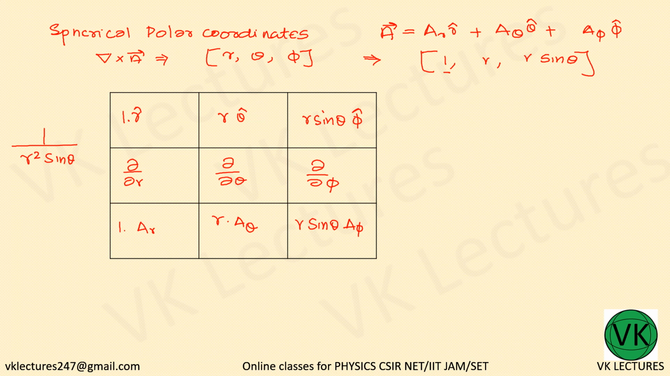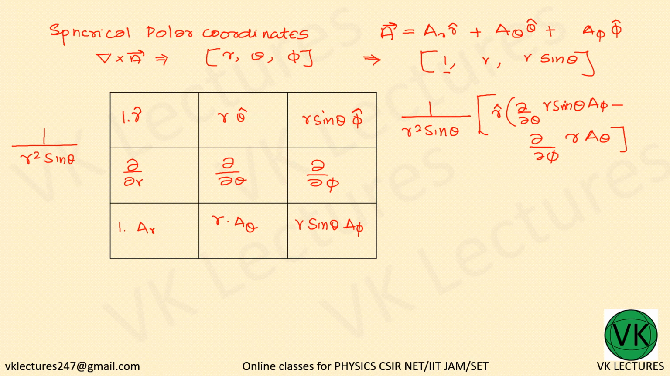So the equation says 1 by r square sin theta into r cap into dou by dou theta of r sin theta A phi minus dou by dou phi of r times A theta. That's the first term. Then minus